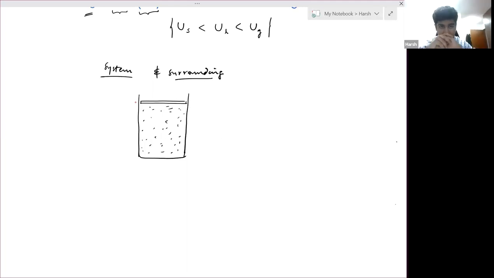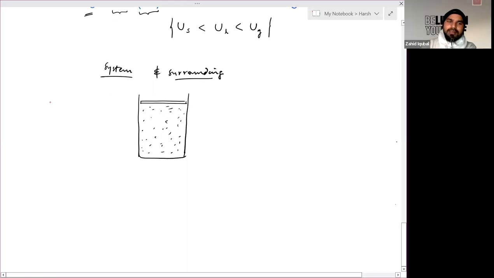Is it clear? Yes, sir. So this particular gas is called the system. You will say the gas enclosed in the vessel which is under observation